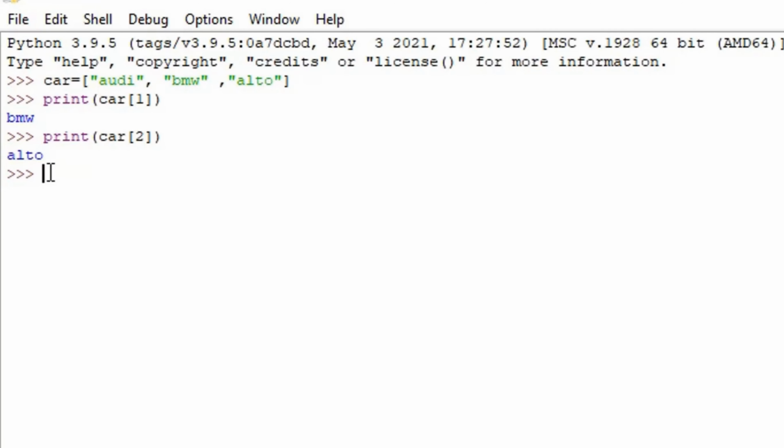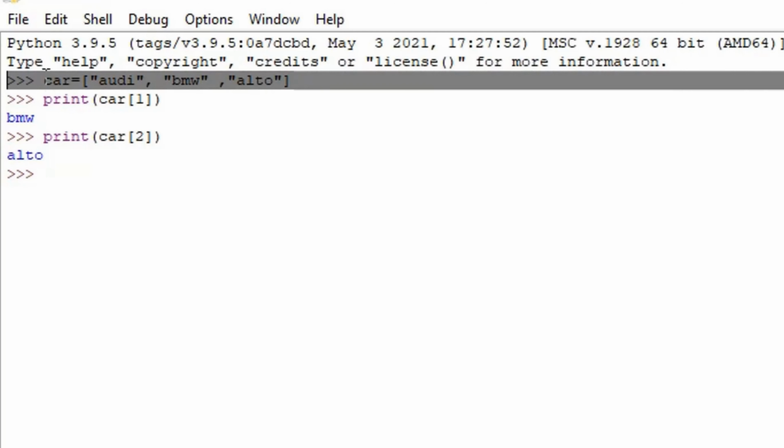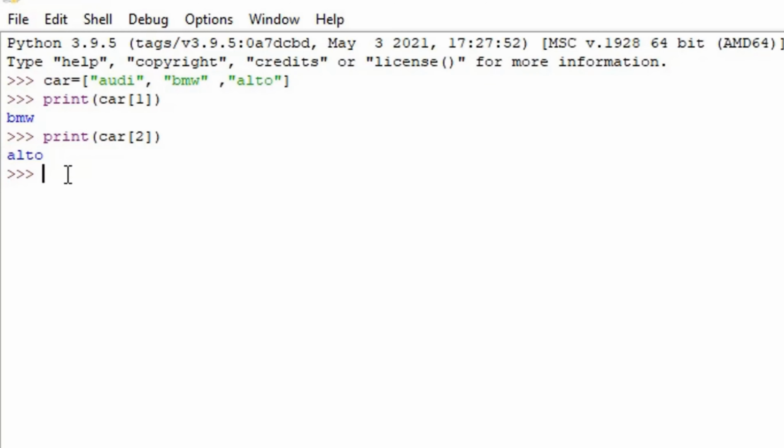Now we said that we can have duplicate values. So as we created a list again, a list named car, what we basically do is write here car, then we have again created Audi, then we have again written BMW, then at the same time I have again written Alto, then after Alto I have again given it a Audi value, as we already have this Audi.